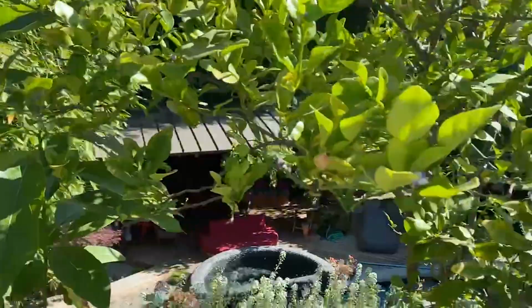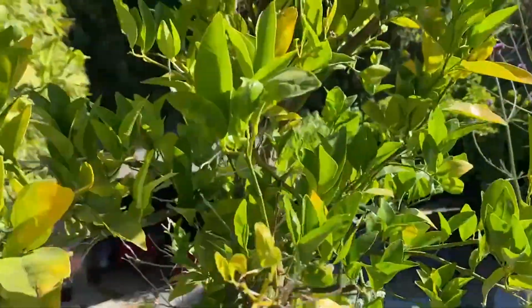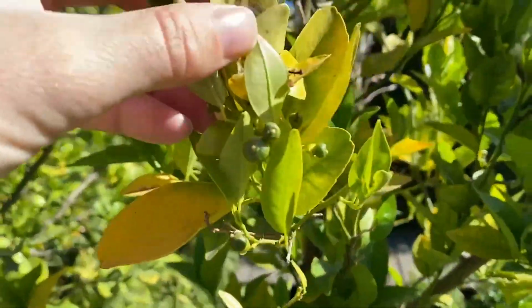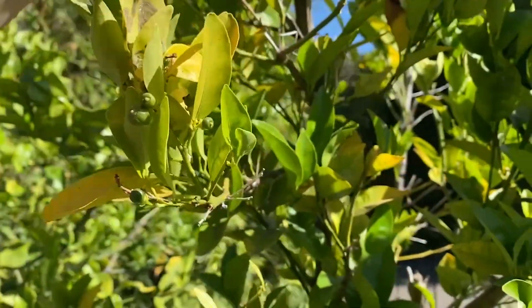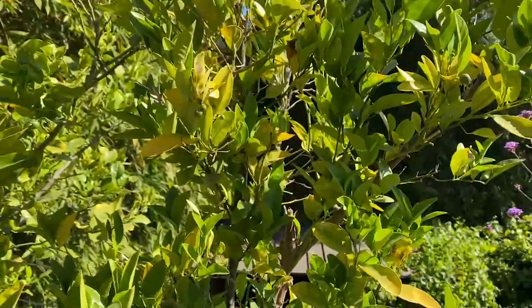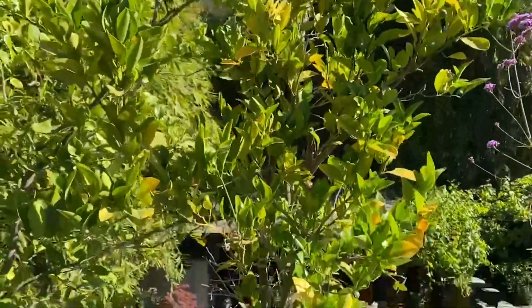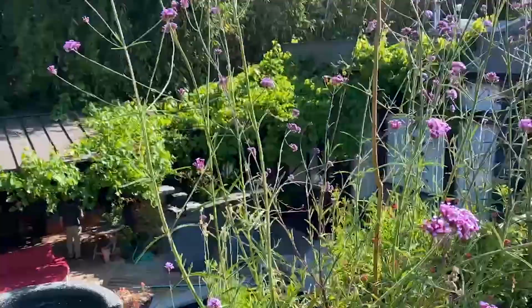On the other side of the kaffir lime, we have one of our mandarins. Same thing, we get to fertilize this, and then that gives us these little baby fruits. A lot of people don't know this, but citrus doesn't ripen in the summer, it ripens in the winter. That's why a lot of people get oranges in their Christmas stockings, because that's when they're ripe. But come winter time, this will be covered in mandarins. And then we have my little apple tree that